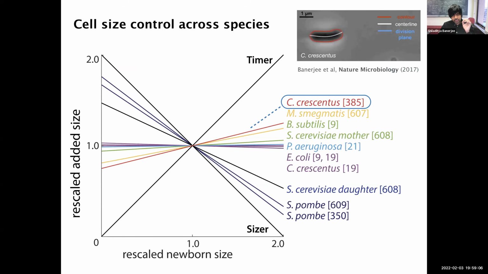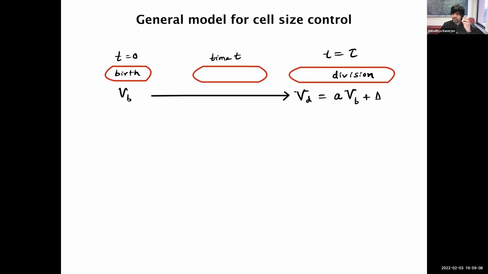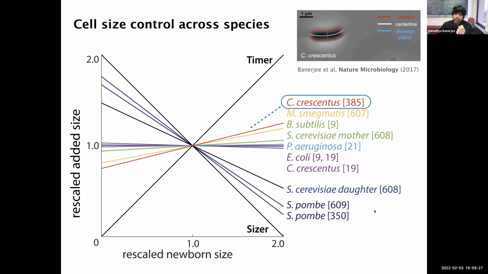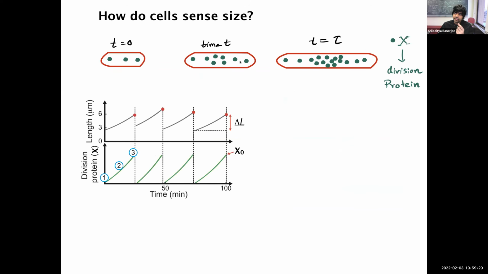Okay, so I just want to talk about briefly. This model is very phenomenological, right? So there are no molecules here. And if you talk to a biologist, they'll say, okay, I don't believe you. What happens at the scale of molecules, right? How does a cell sense size? It's not sensing any added size. There has to be some mechanism, right? And so cells actually sense concentration, okay? So they have no mechanism for sensing geometry. What they do is they can sense molecules, okay? And I'm going to give a simple molecular model for how this is achieved, okay?